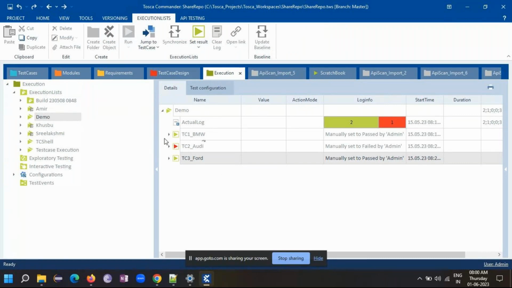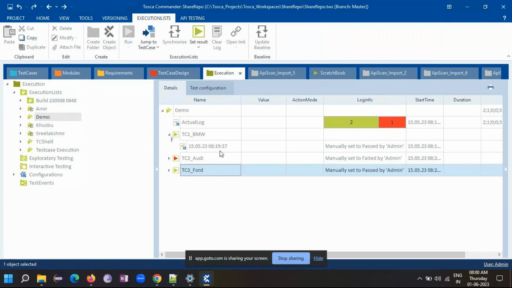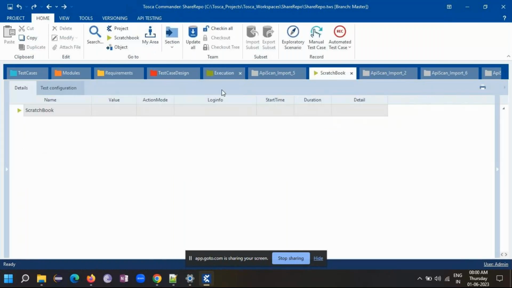Okay, it is going to log your data, and in future if you want to see it, you can view your test cases and how those test cases got passed. But in scratchbook, once you log off from this application, you won't be able to see what you have executed. Okay, that's the basic difference between the execution list and the scratchbook. All the functionality will be the same. Okay,